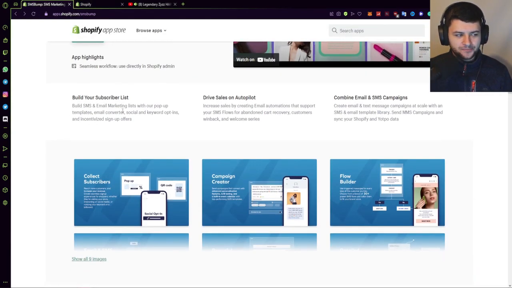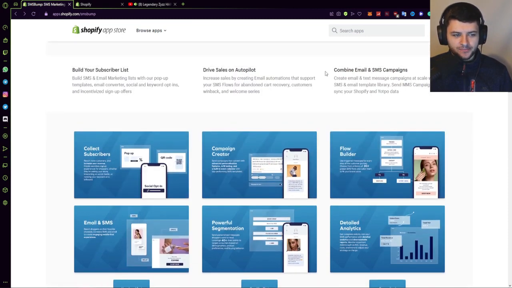make some conversions. So with SMSBump, we can build our subscribers list, we can build SMS and email marketing lists with our pop-up templates on the app, the email converter, the social and keyword opt-ins, and incentivized sign-up offers. We can then drive sales via this data on autopilot, and the idea is to increase sales by email automations, just like with Klaviyo, that support SMS flows for abandoned cart recovery, winning back customers, and welcoming new customers into the ecosystem. You can also combine both of these,